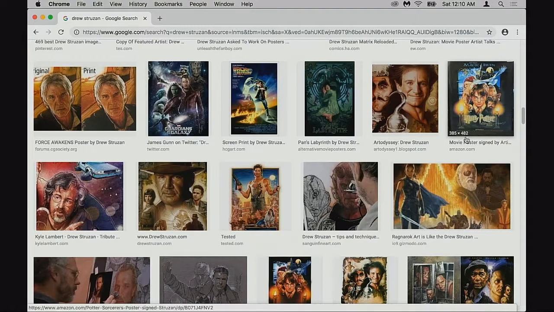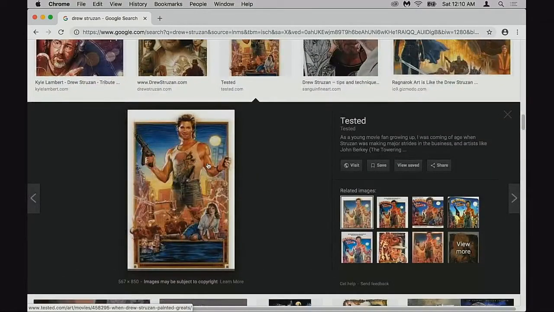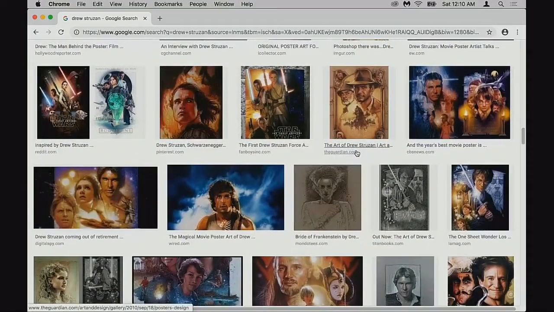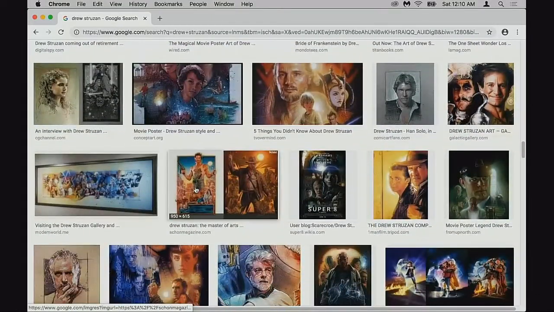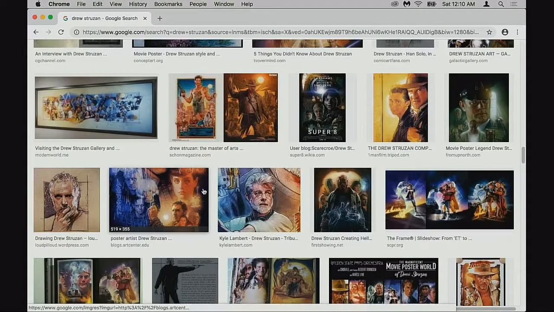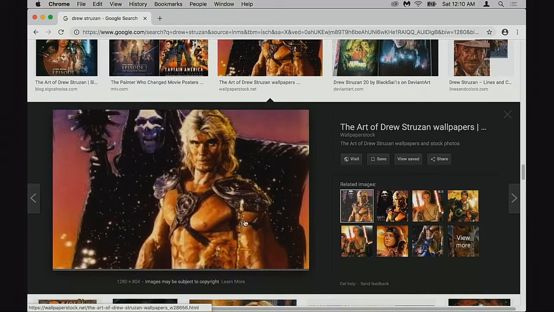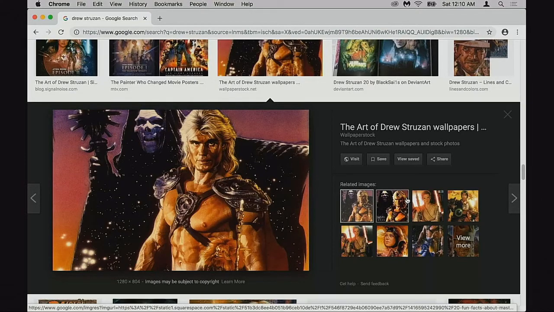But then the question is, anyone can trace. You could trace tomorrow and take your airbrush and try to make this poster. Would you be able to do it? Would anyone be able to do it? Would anyone have paid him that much money, because he was very well paid to get those posters done? Why would they ask him every single time and not any other guy if it's so easy? The reason is that he's incredibly talented, and even though he traced,